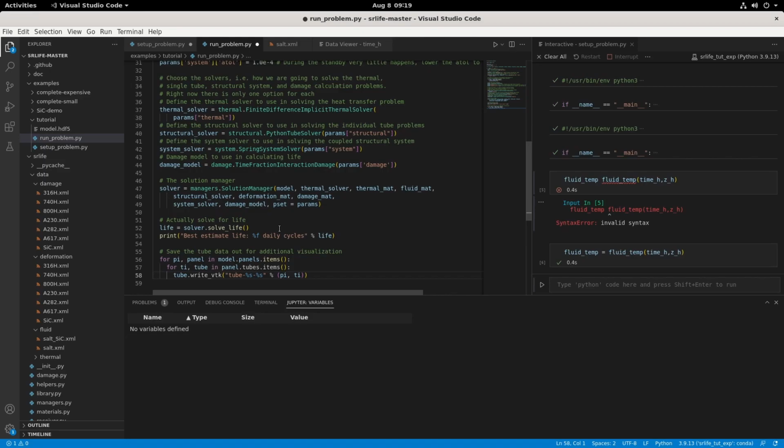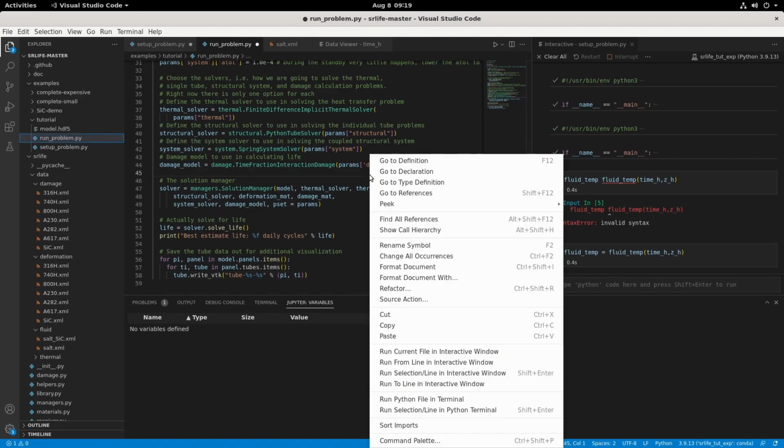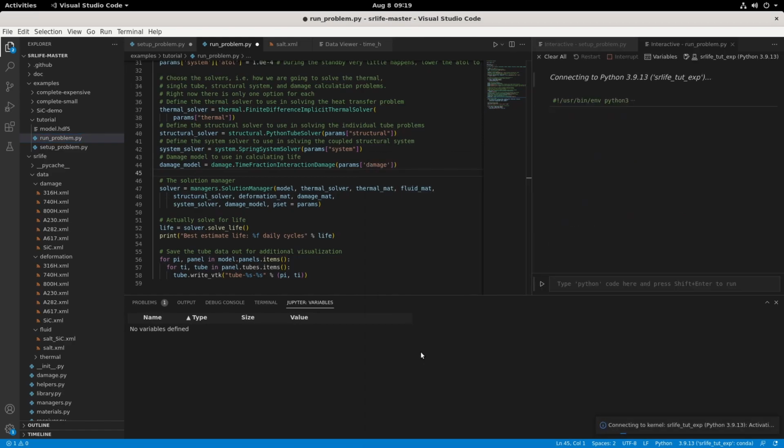Then this just saves the data to a VTK file, which can be viewed in ParaView, which we can do. But let's just run the file